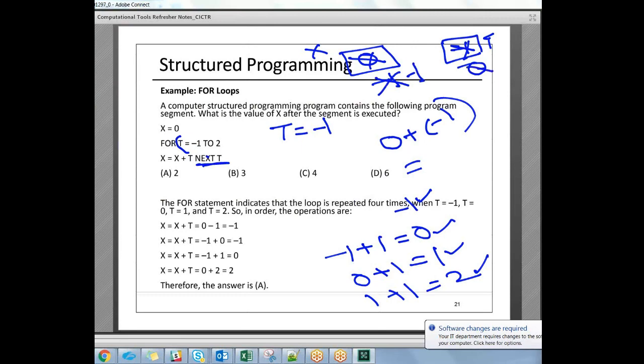Okay, go to next t, which is +1. Now x equal to x plus t, -1 plus 1. What would it be now? -1 plus 1 would be 0. Now go to next t, which is 2. Okay, x equal to x plus t, 0